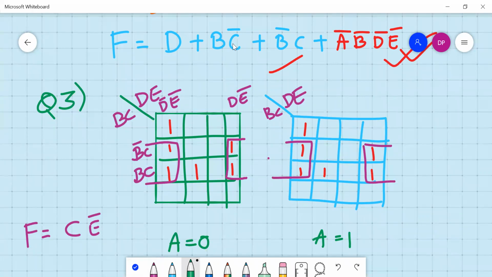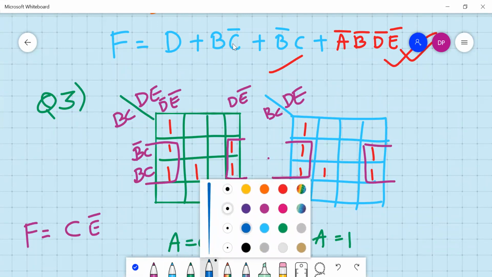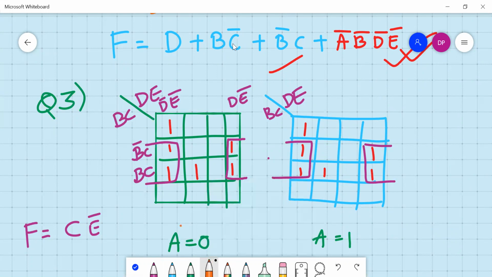Next, you can make a group of this one and this one taken together. It is one below the other, a group of 2. Understand? This orange color and this orange color will form a group of 2, right? This is one below the other. We can take 2 as common, 4 as common, sir. Yes, so 4 is common. Correct. Like this also you can take this one below the other.